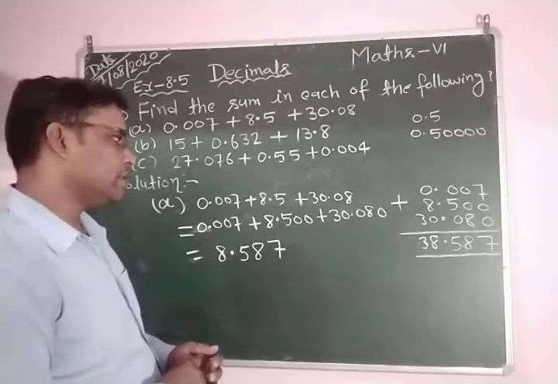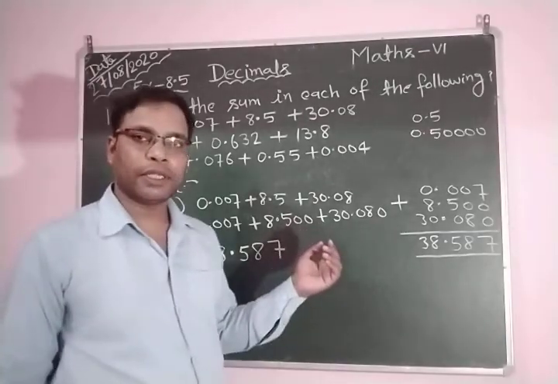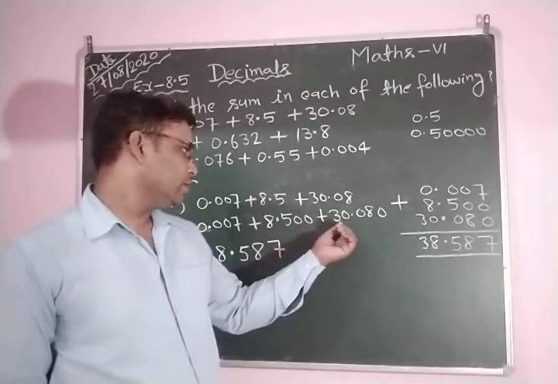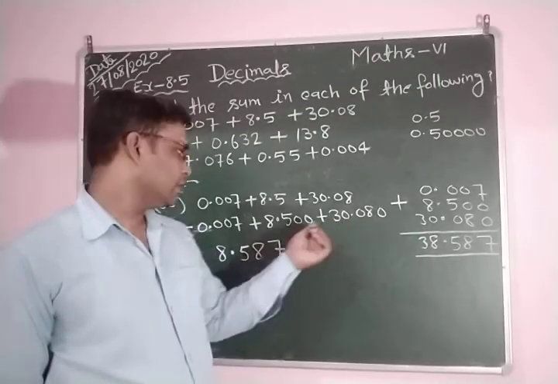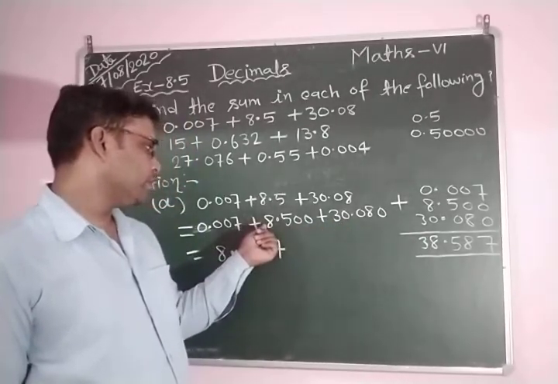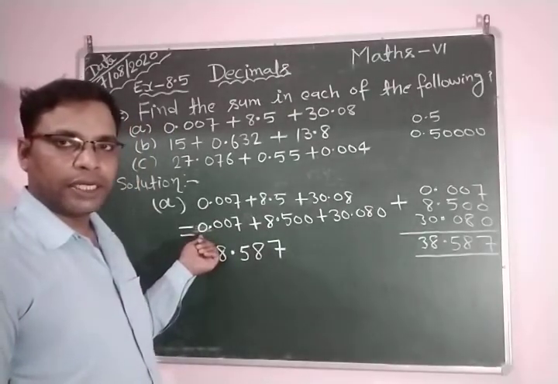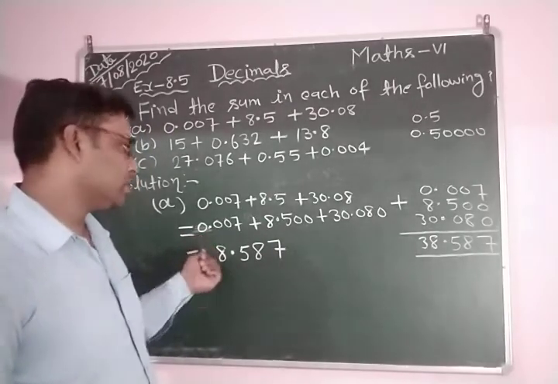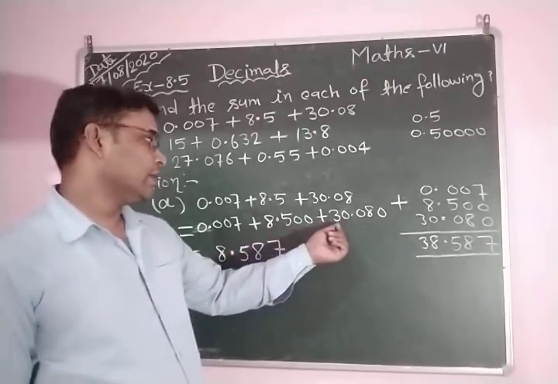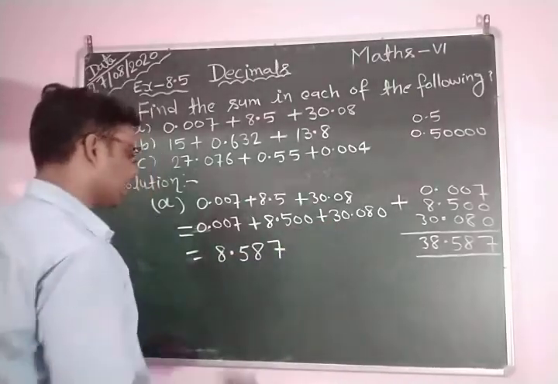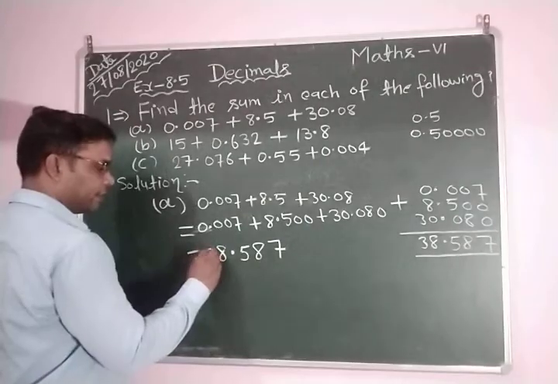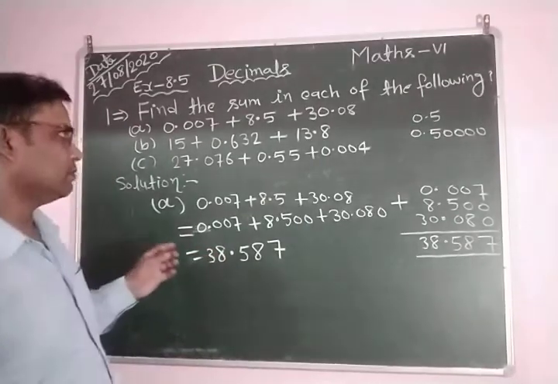After this, in the tens place, we sum the tens place digits. Here you can see the tens place digit is 3 only, but here there is no tens place digit, and here also there is no tens place digit given. So we add them and get only 30. In this way, you can see we find the sum of the given